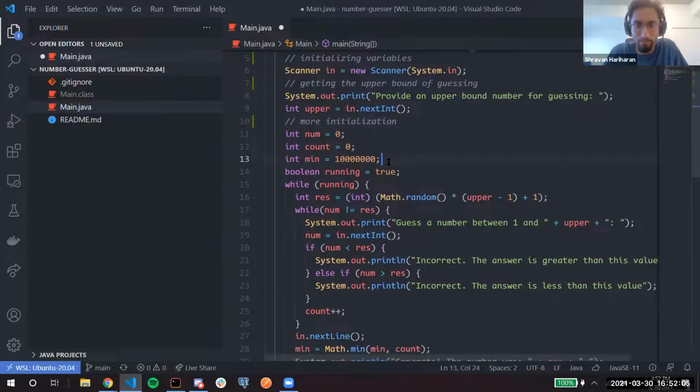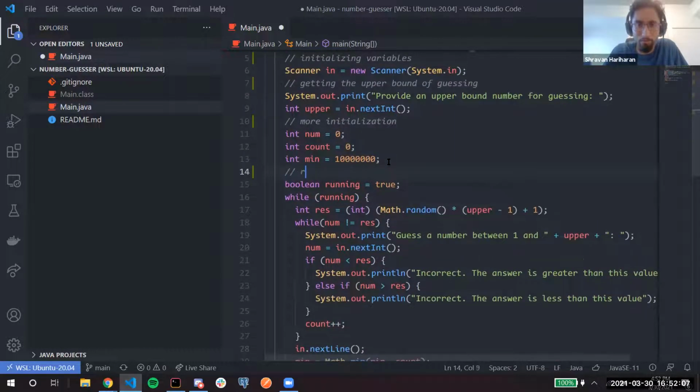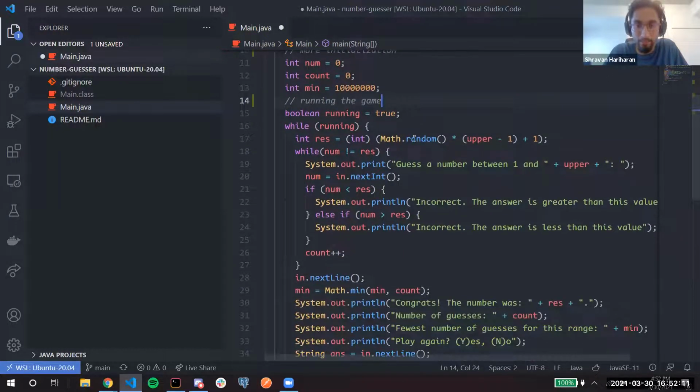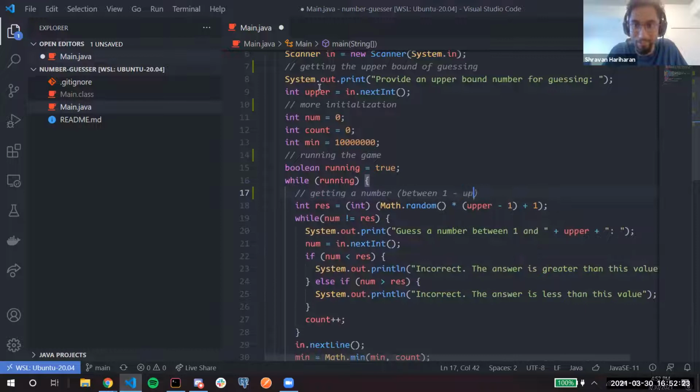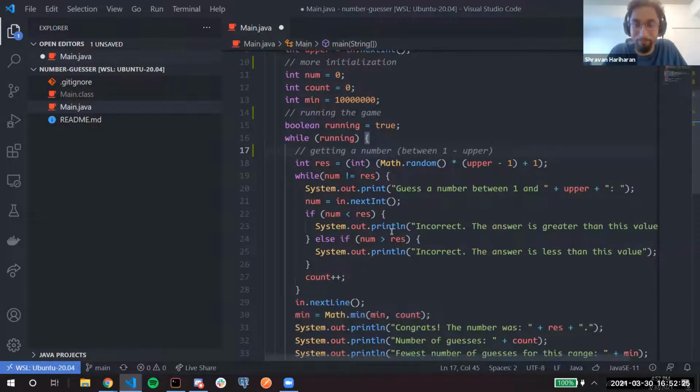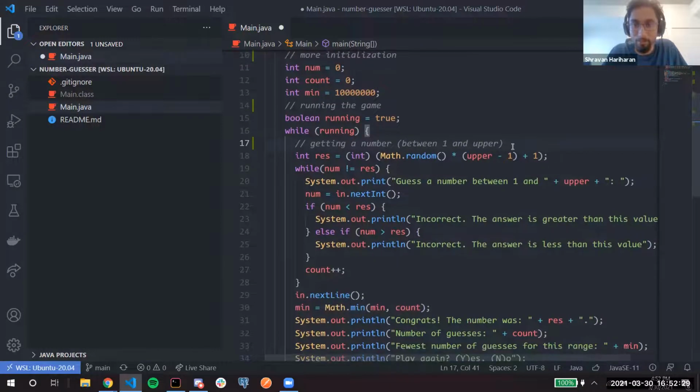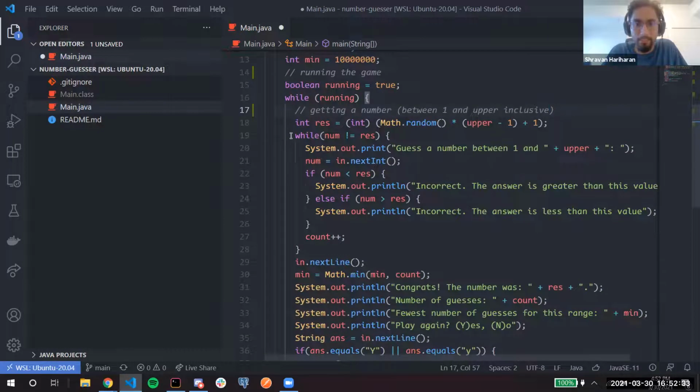Okay, then we're actually running the game. We're getting a random number here. So this is between 1 and upper, inclusive, right? And then here I'm